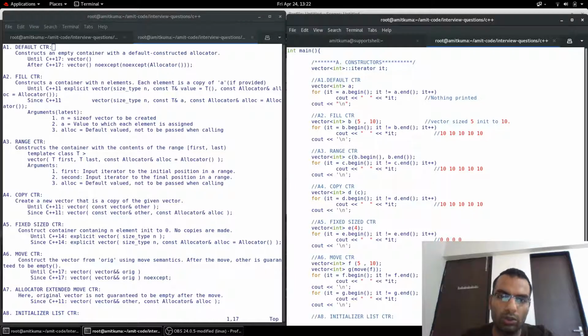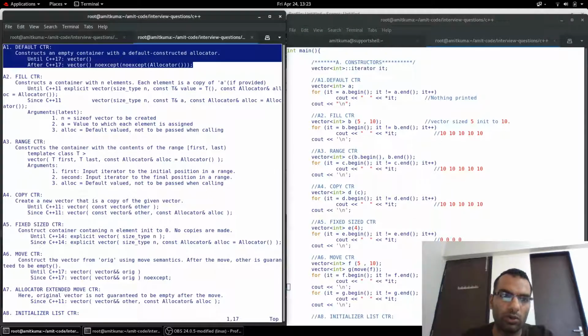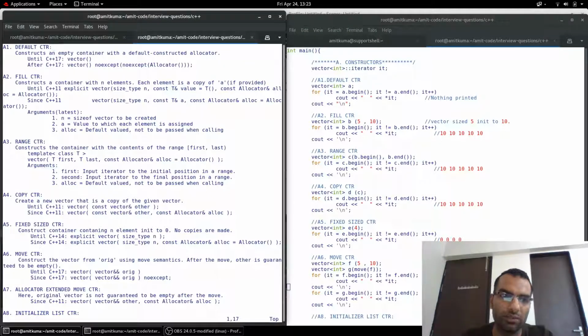How we call the constructor for the vector class is shown here, while the definition of the constructor is shown here. This is a default constructor. It constructs an empty container with a default constructed allocator.